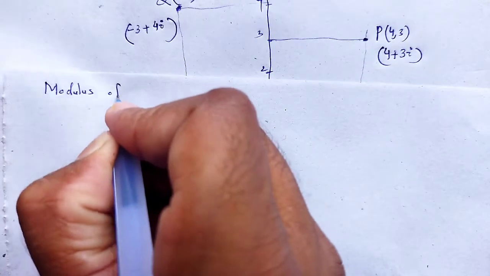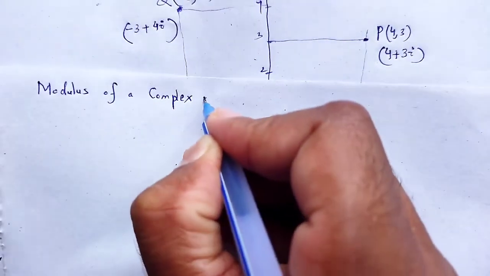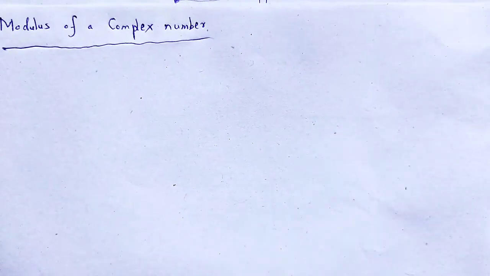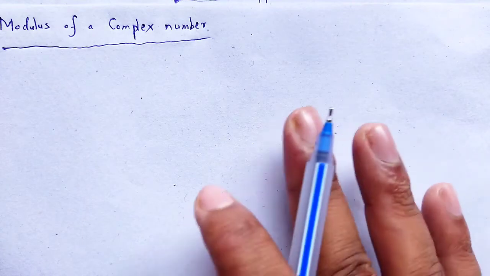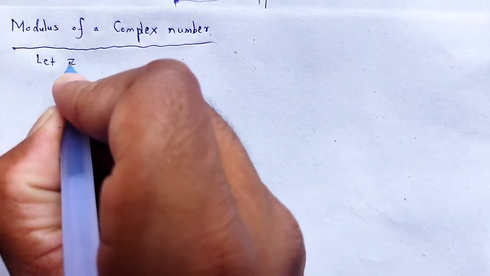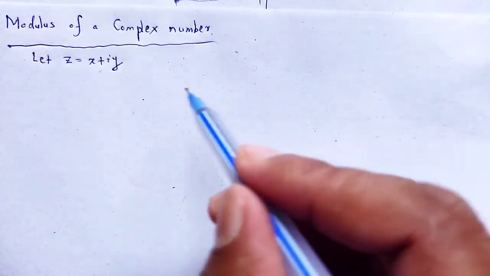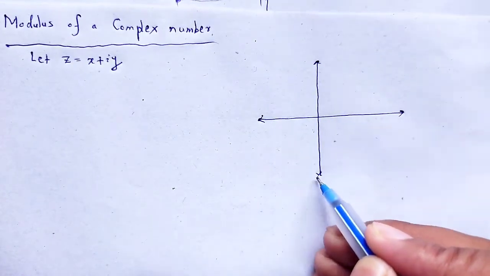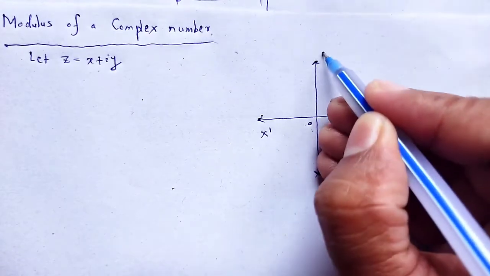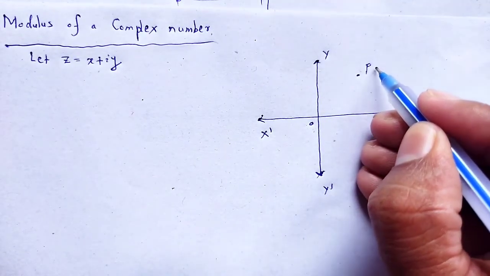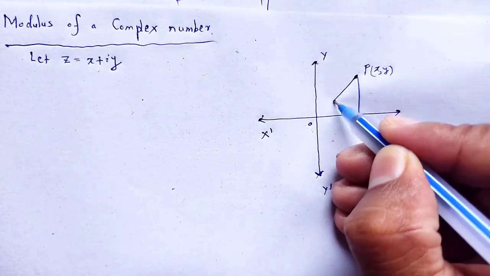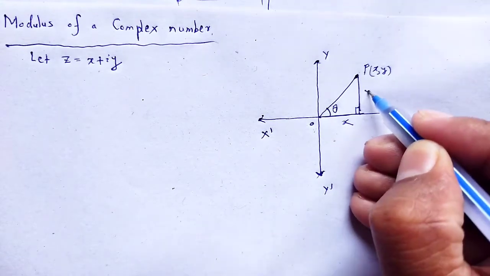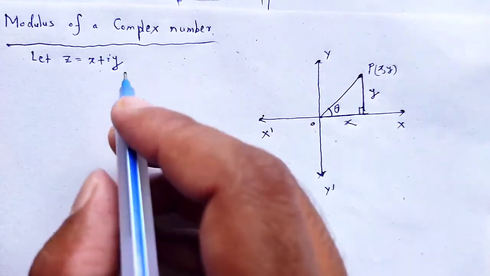Next, modulus of a complex number. Let z is equal to x plus iy be a complex number. We can represent it in the complex plane. X o x dash, y o y dash. Here is the point P having the coordinates x, y. That portion will be x, that portion will be y. So, OP square in the figure,